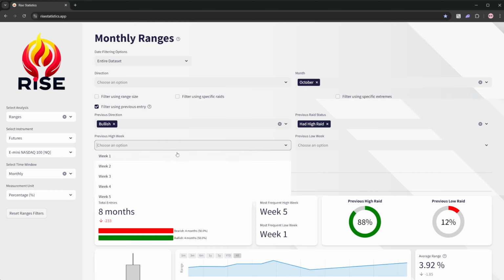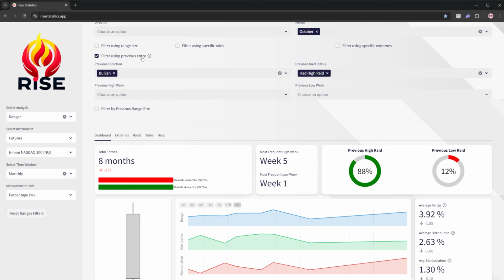I like doing that when I'm looking at, hey, this week, for example, is the 4th week of September, and there was a high, the previous week formed the high this day and that day. Or let's say I'm looking at even further at days, right? The previous day formed the high between that time and that time. What does that tell me about this upcoming Wednesday, for example? This is why I like to use a specific extremes filtering for the previous entry.